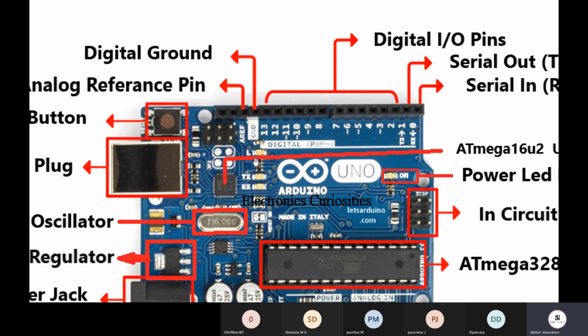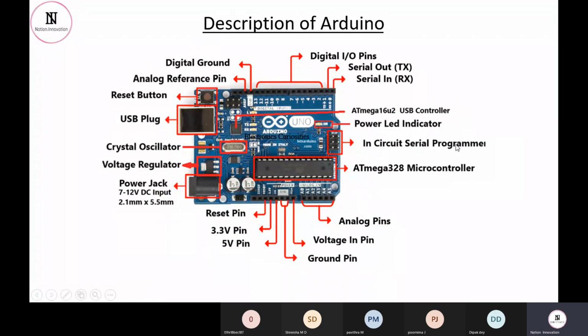Fine. Now the last thing with the Arduino board is that pin number 13 is connected to an internal LED, labeled L over here, through an internal resistor. If you want to make sure your board is working correctly, we can plug this board into a laptop after installing the Arduino IDE, and when we put in our first code, which is a blink code, if this LED is blinking, then we are sure that our board is working fine. It's just a test purpose pin, and whenever we want to run some kind of test, we can use it. So this is the main Arduino Uno board, a very common board.